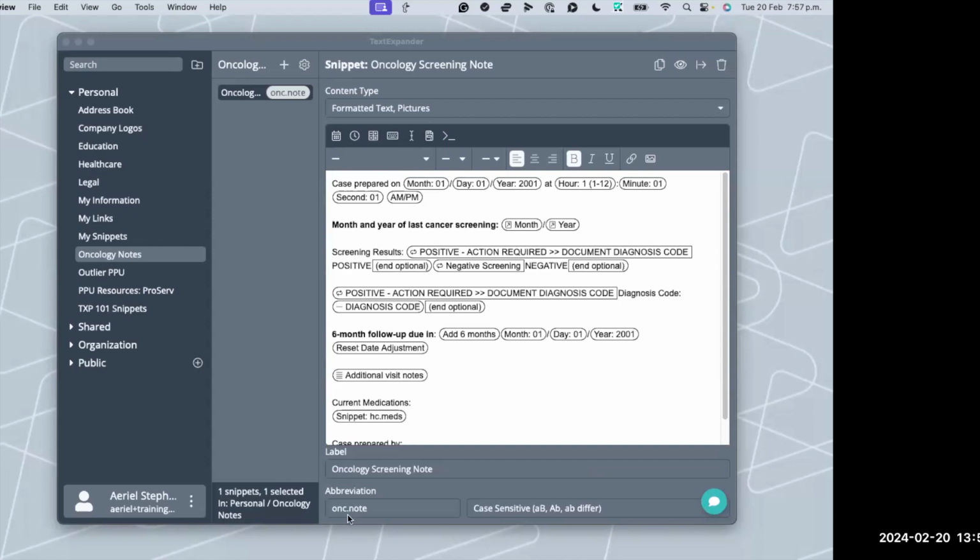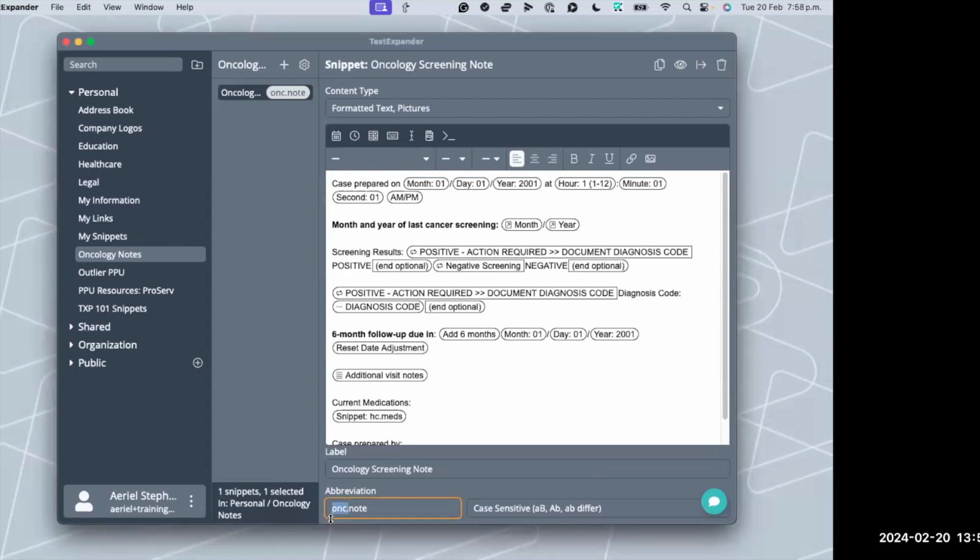So an example of this would be how I named this abbreviation onc.note. We love to stress that it's really a great practice to name the prefix to be relevant to whatever the content of this group actually is. So Jen and I have prefixes. All of our emails start with em dot. In that special character portion, the dot is important because it's just preventing how much you accidentally expand your snippet. I once saw someone put just anxiety as an abbreviation, which isn't that beneficial because then if they just type the word anxiety, it would trigger text expansion, and yeah, you don't want that.